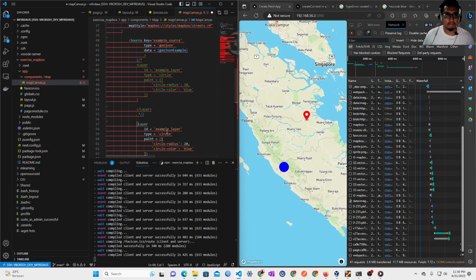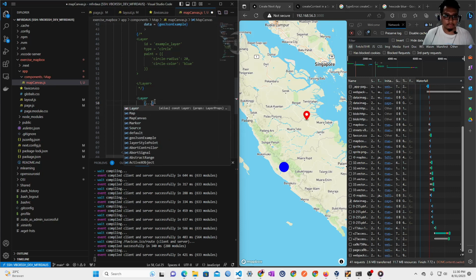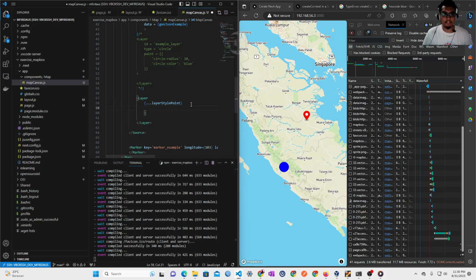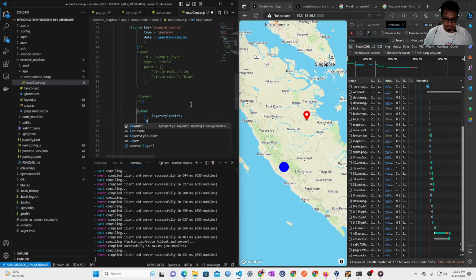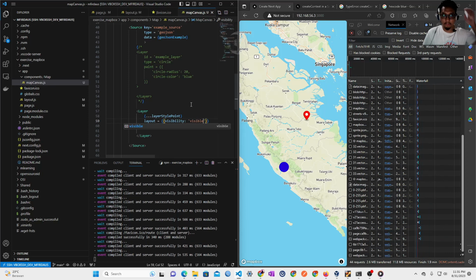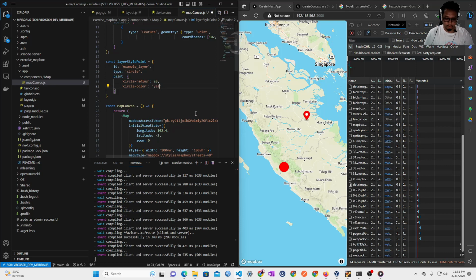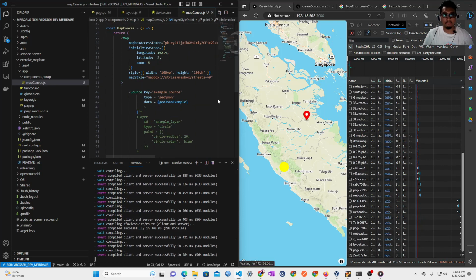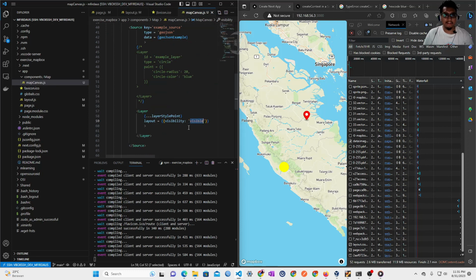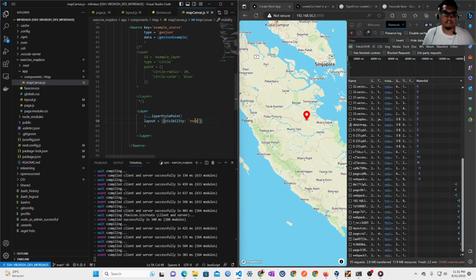Oh, what's wrong? Layer style point. Okay. And the second one, we're going to check the layout. This is about what we are going to have later. Yeah, it refers again to this. Let's go maybe with yellow. Cool. Now here, let's set it to none. Yeah, it works. So guys,